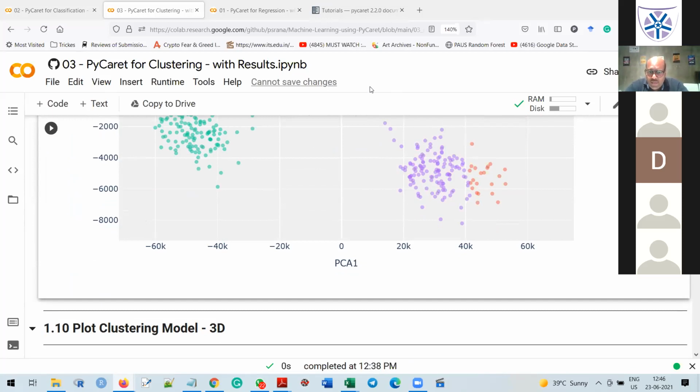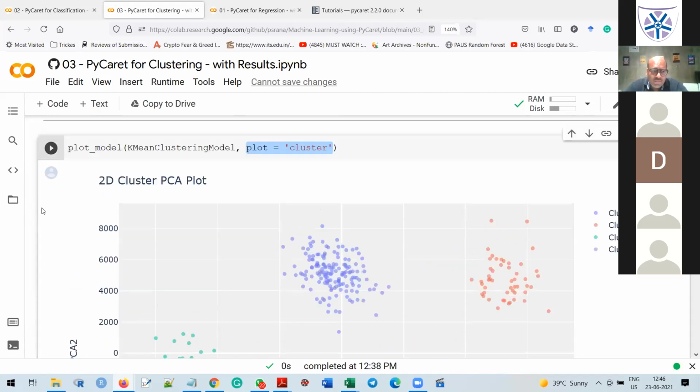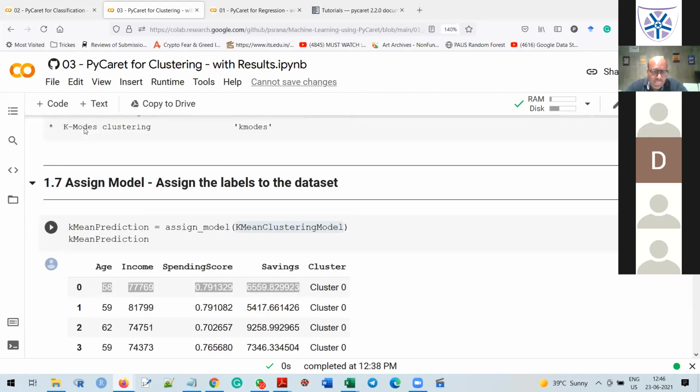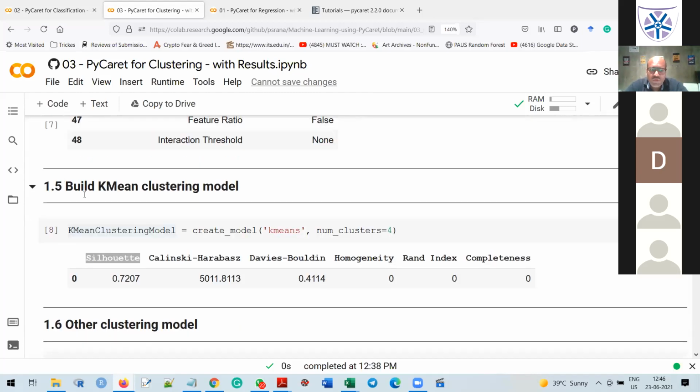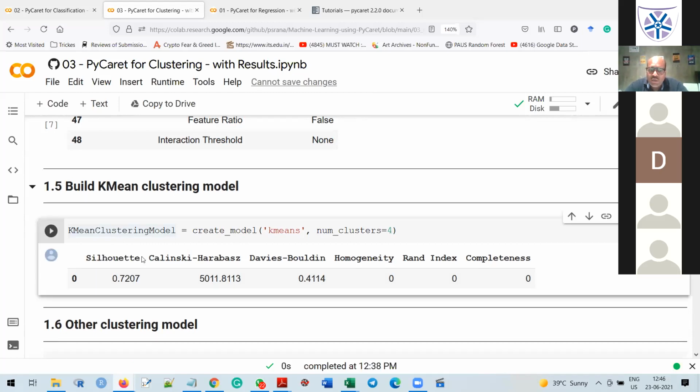Pooja, I already told you about the evaluation matrix. If you go to step number 1.5, building a model, this is the Silhouette score. This is the evaluation matrix for clustering algorithms. Our objective is to maximize this Silhouette score.